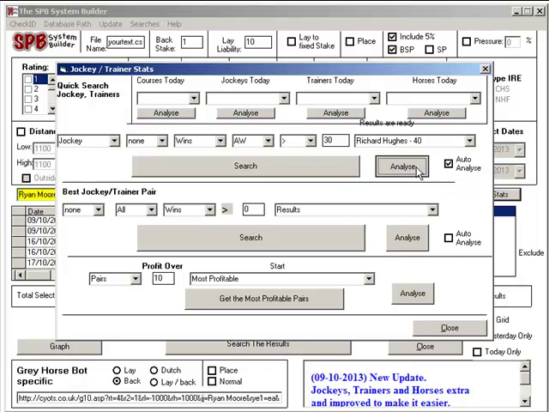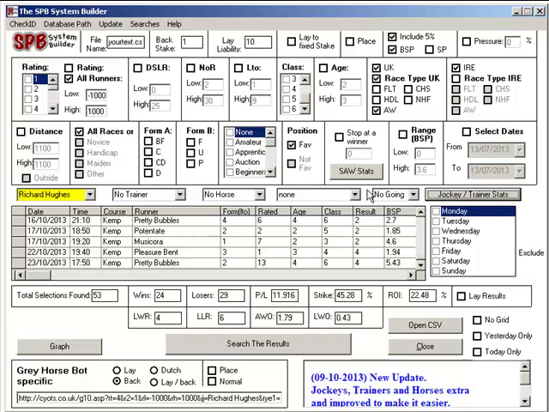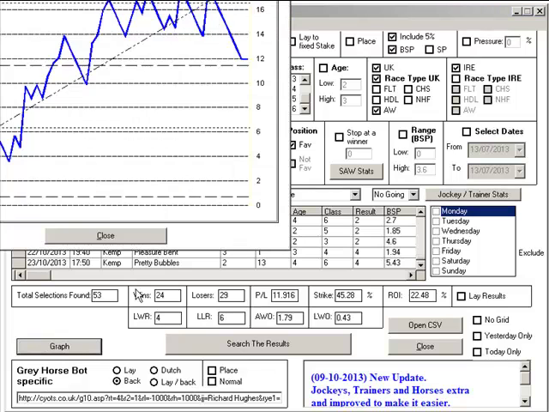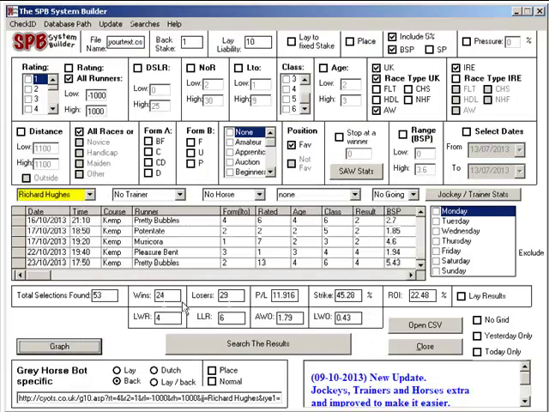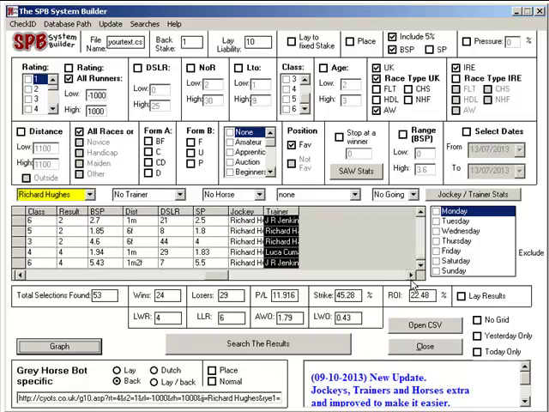Richard Hughes. So we'll analyse Richard. Okay. Again, on favourites, there's 11 points. He had a good run. He's going through an up and down period at the moment, but that doesn't mean he won't recover from that. Maybe again, it's the